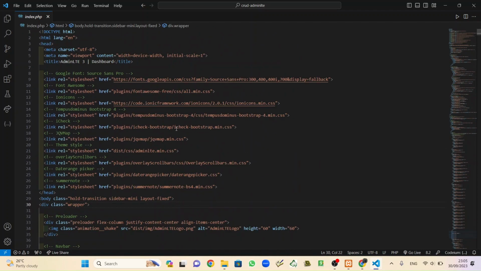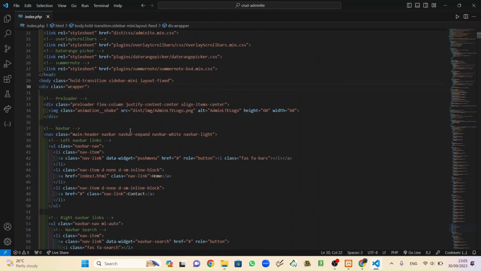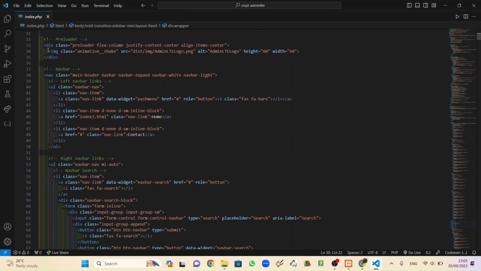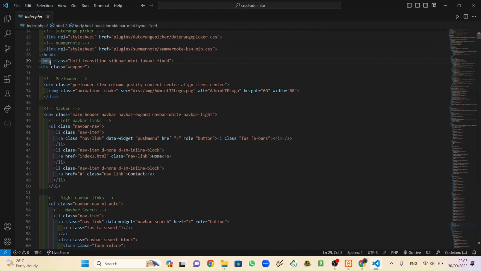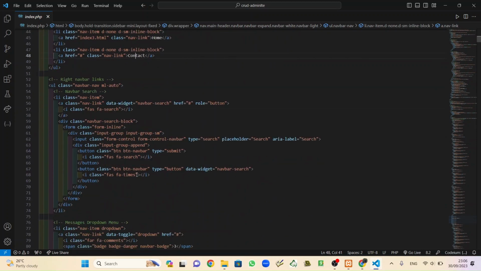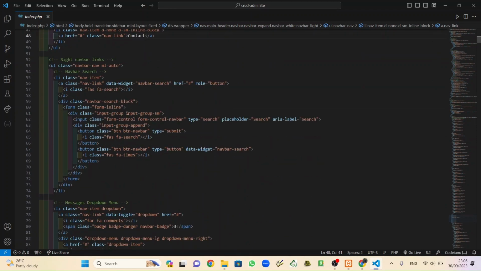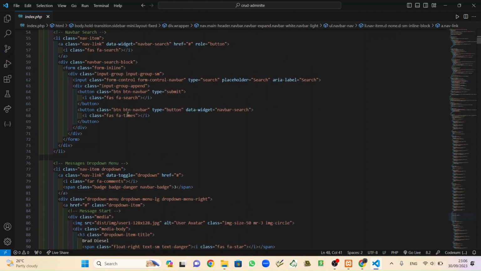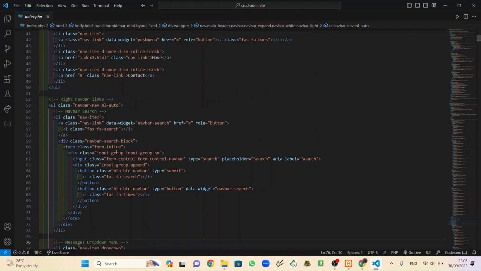So search the dashboard and body. Where is body? This is body. Div admin LTE logo, and then home, contact, and oh, this is the menu.